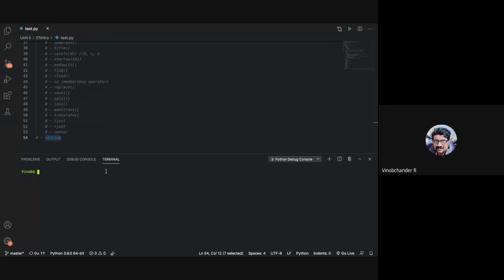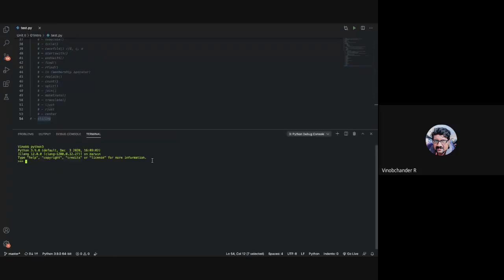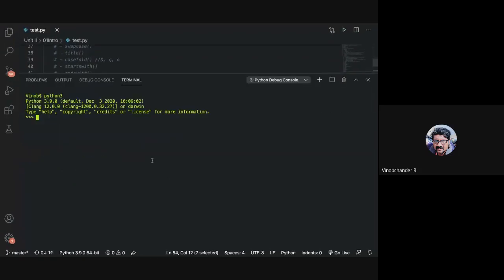Here in the terminal, let me invoke my REPL by typing python3. Inside the REPL, let me have a string, say "SSN College of Engineering", and let us understand the slicing operation in strings.